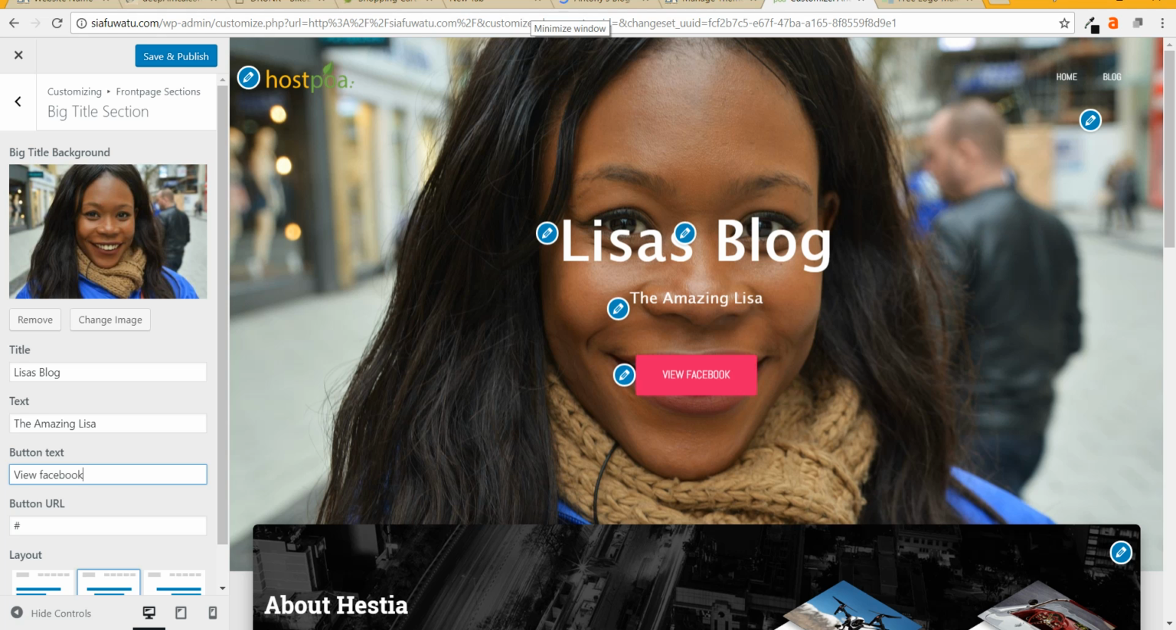So view my Facebook, and you can put in your Facebook handle. So for instance, ours is Hostpoa, and there we go. So when somebody clicks on that link, it's going to take them to Hostpoa. You notice if we click this on a new tab, it's going to take us to our Facebook page, which